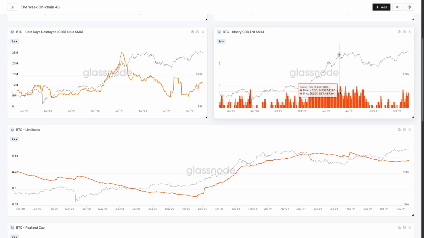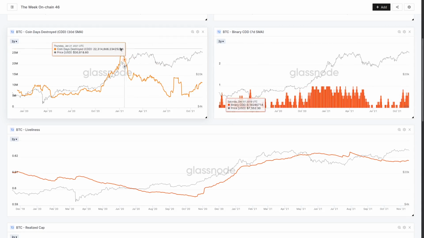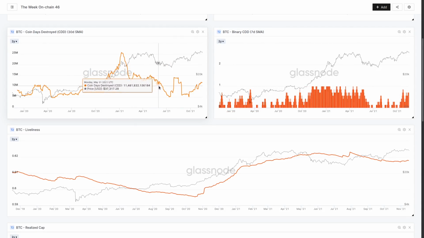Now on both of these metrics, we can see that through April, May, June, July, we really had a significant softening out. This really started to slow down. The coin day destruction dropped even below the pre-bull. You can note down here at the very bottom at 29,000, we were actually below 5 million coin days per day. So this is really telling us that accumulation was going on. We're seeing more and more of these older coins staying dormant. Generally what that means is it's an accumulation period.